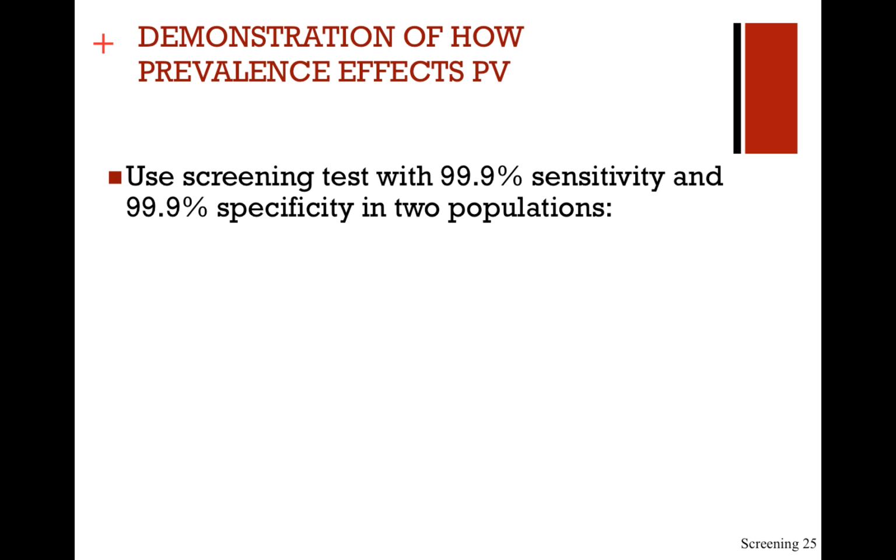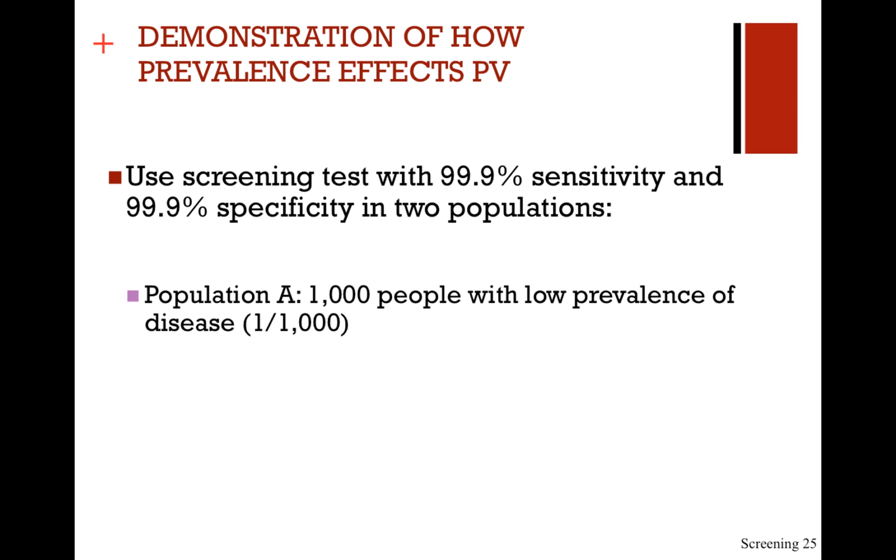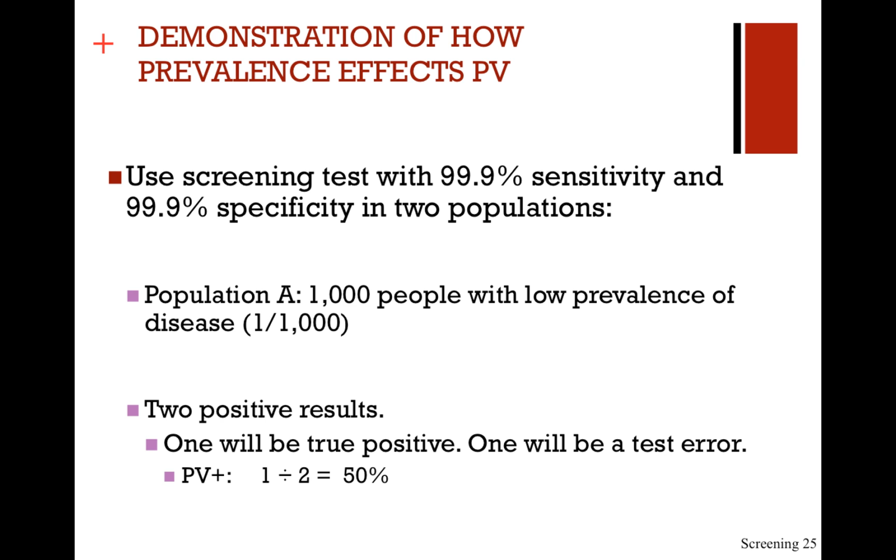So let's look at how prevalence impacts your predictive value. Let's have a test that's really good. It has 99% sensitivity, 99% specificity. And we're going to look in two different populations. One population has a low prevalence of the disease, only 1 out of every 1,000. So if you have one individual out of every 1,000, and just trust me on the numbers, you're going to